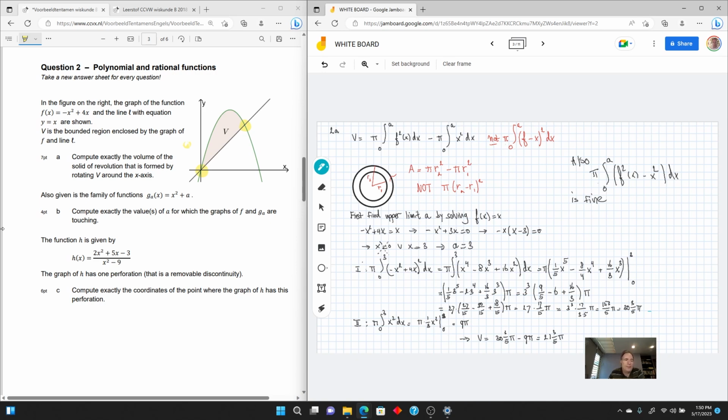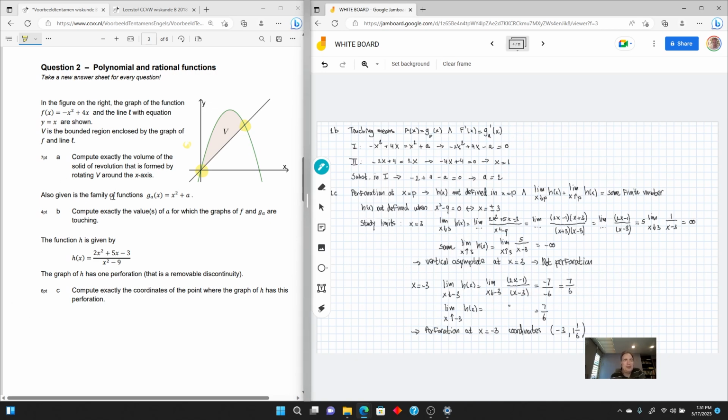Okay, there is a family of functions g_a(x), x squared plus a. So if you remember, these are actually kind of vertical shifts, vertical translations of the function. And for which value of a, exactly the value of a for which the graphs f and g_a are touching,